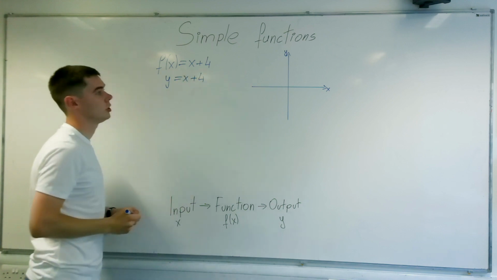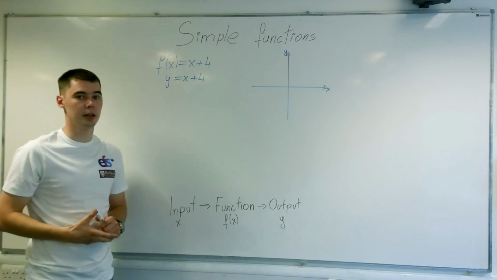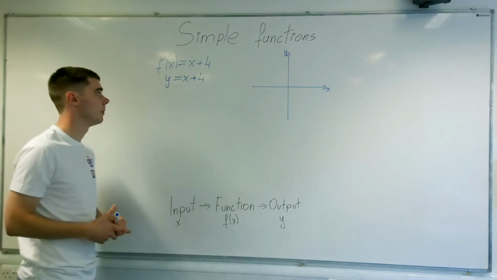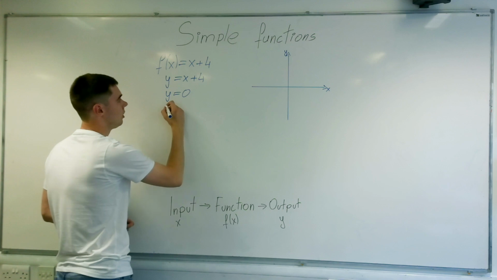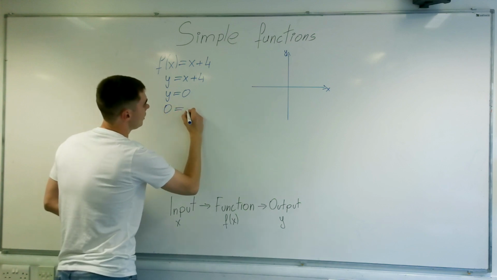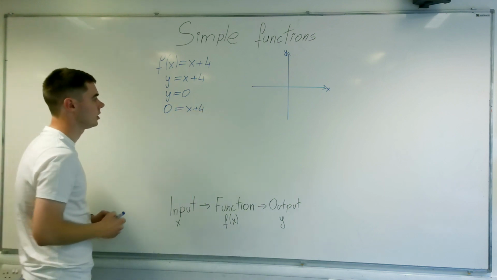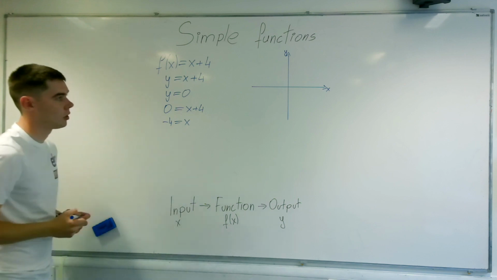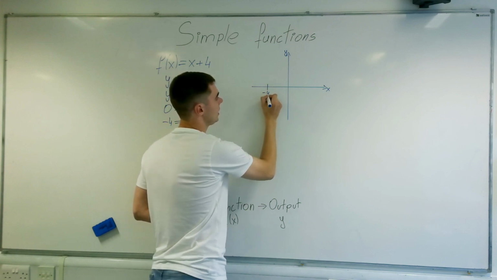And to find a solution to such a function, we need to draw a sketch on a graph by finding intersect points on the x and y axis. To find the intersect point on the x-axis, we need to substitute y with 0 and insert it into our function. So we have substituted y with 0. We insert it into our function, which gives us 0 equals x plus 4. We put numerical values on one side, leaving x on the other, and we are left with minus 4 equals x, or x equals minus 4, which gives us our first intersect point,